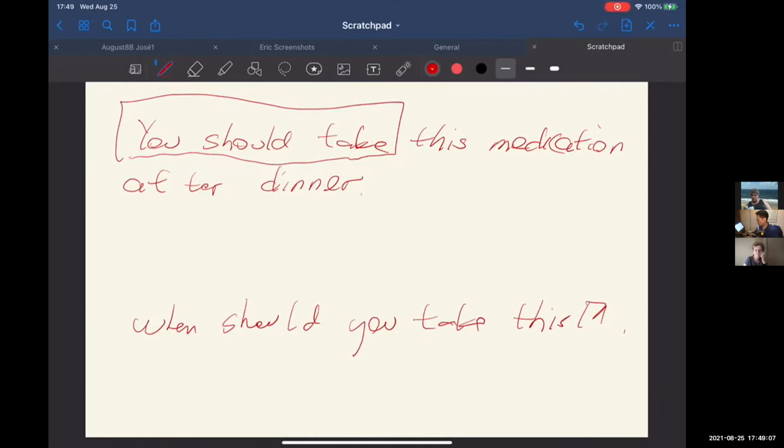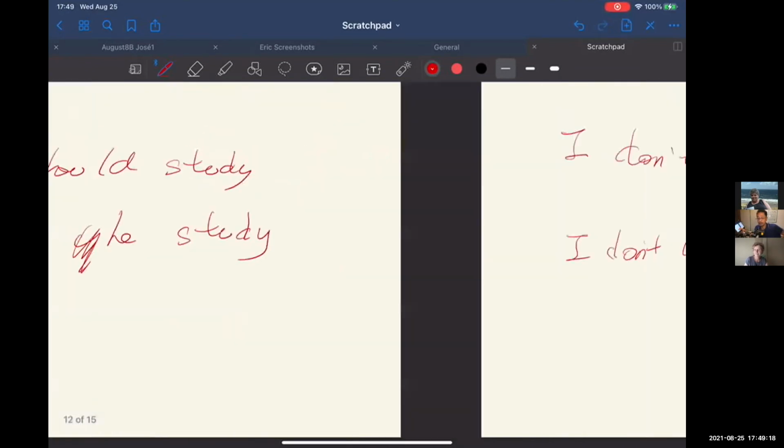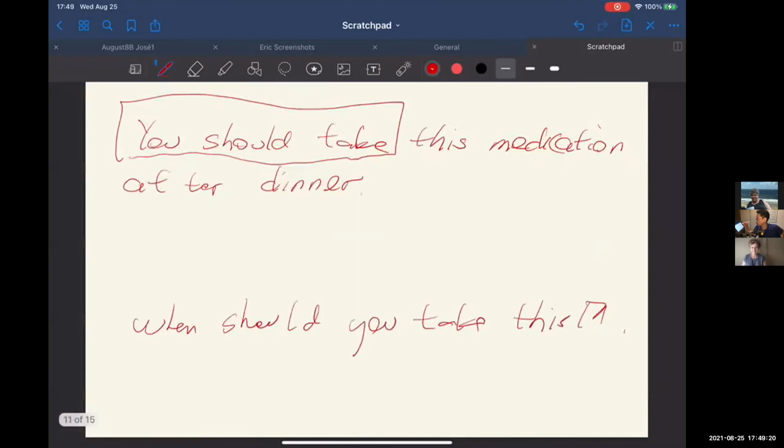You scaffold everything. You start taking it apart by dependent and independent clauses. You look for the object phrases that they do or don't know, and you start throwing them at them in little bits, scaffolding until you can get to this. And by the way, you can also make this a target for smoother speaking. You should take this medication after dinner. And there are all kinds of targets that you can throw in there, right? Very nice. It's got the old brain ticking.